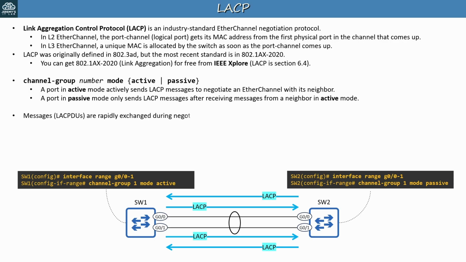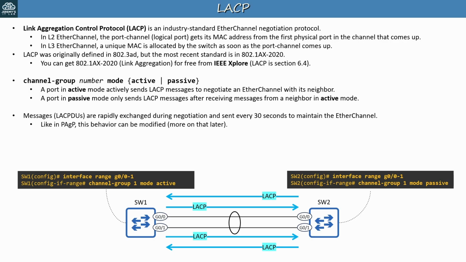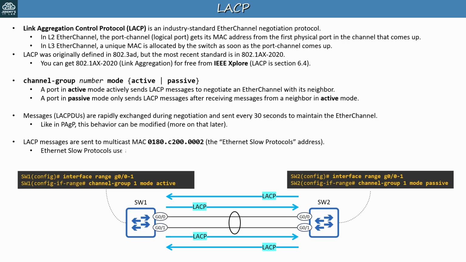LACP messages, also called LACPDUs, are rapidly exchanged during negotiation, and then sent every 30 seconds to maintain the EtherChannel. And just like in PAgP, this behavior can be modified by enabling fast mode, as we'll cover later. LACP messages are sent to the multicast MAC address 0180.C200.0002. This is the Ethernet Slow Protocols MAC address. Slow protocols are a family of protocols that don't send messages very rapidly, and LACP is one of them. Ethernet Slow Protocols like LACP use an EtherType of 8809, and a subtype of 01 is used to indicate